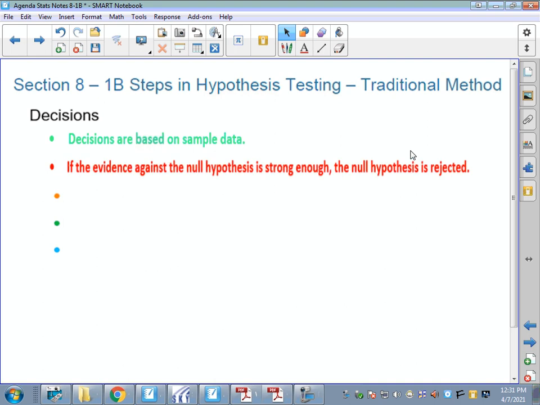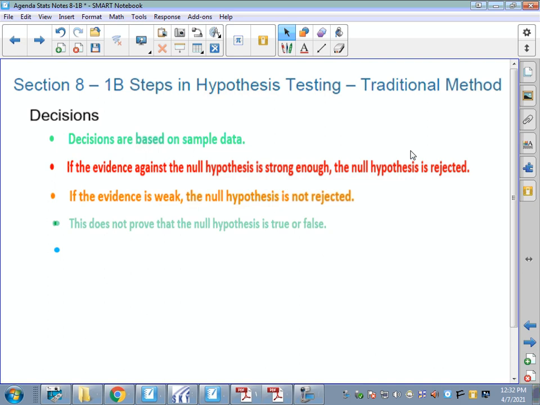So if the evidence against the null hypothesis is strong enough, we will reject H sub O. If the evidence is weak, we will not reject H sub O. So those are our options. We've got to decide, and that evidence is using our data that we've got, our sample data, using a confidence level, using critical values. Remember, whether we reject or not reject our null hypothesis, this doesn't prove that it's true